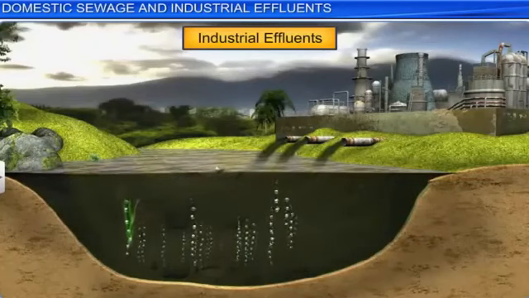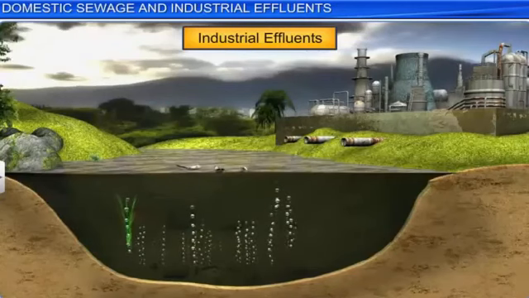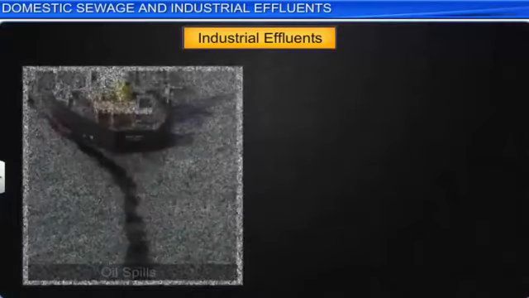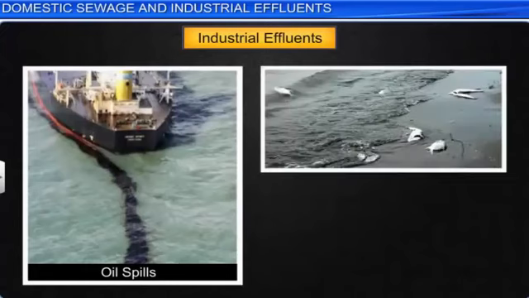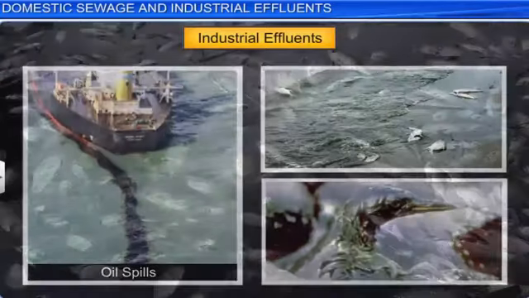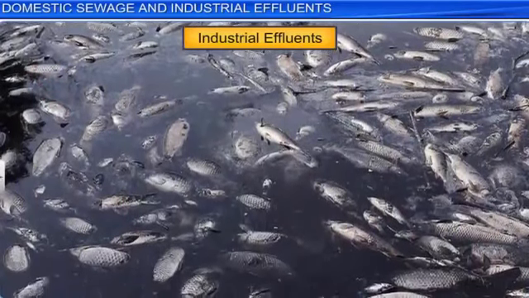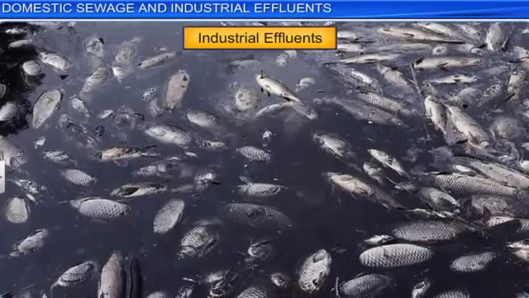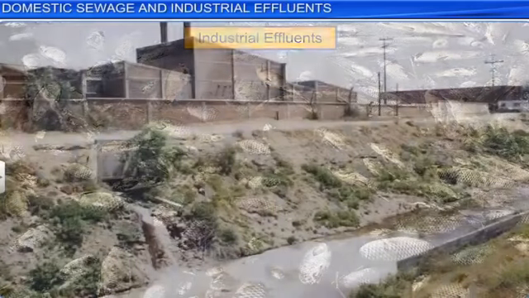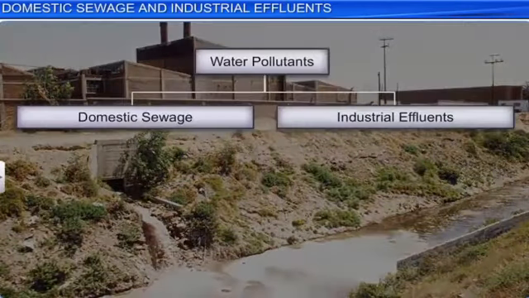It can kill or reduce the number of organisms sensitive to high temperatures and can also damage indigenous flora and fauna. Apart from thermal wastes, oil spills too can contaminate water bodies and, in the process, kill aquatic life. The decomposition of these dead organisms further depletes the water's dissolved oxygen, choking the water body to death. We human beings have been polluting water in various ways, and without stringent measures, it will be difficult to protect it.